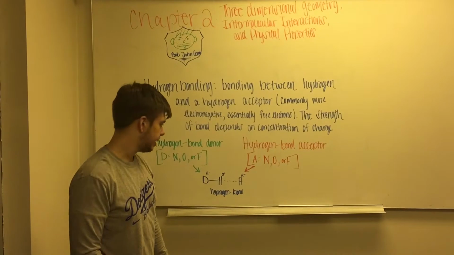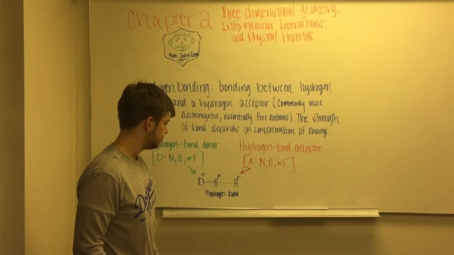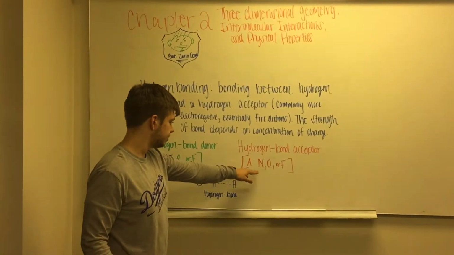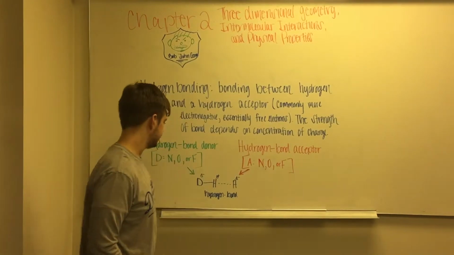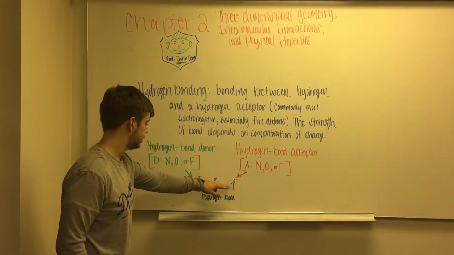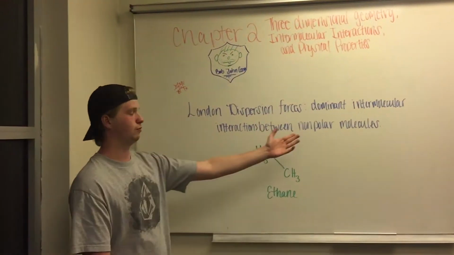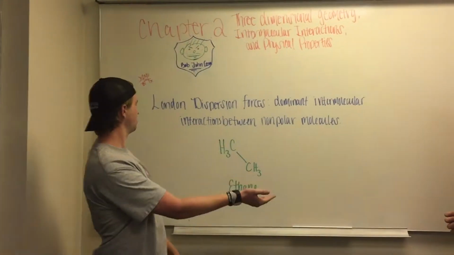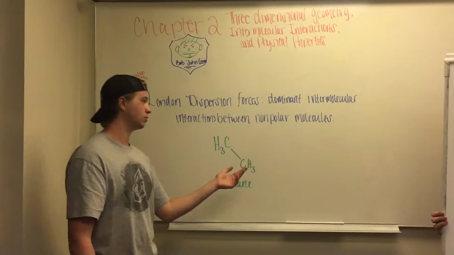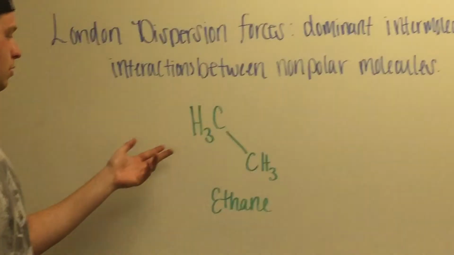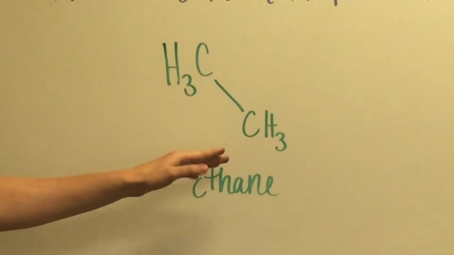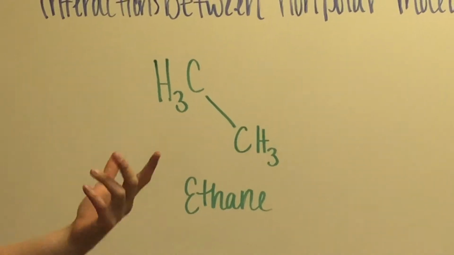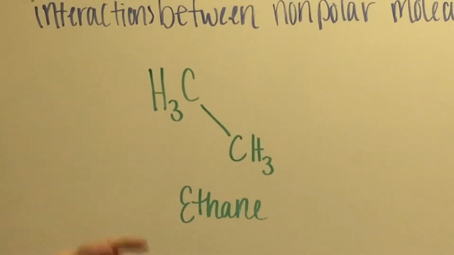And this is due to its highly electronegative nature and its ability to have a lone pair. So it forms a partial negative and a partial positive on the hydrogen. An example of intermolecular forces is London dispersion forces, which are dominant intermolecular interactions between nonpolar molecules. Our two nonpolar molecules here are the two carbon elements right here. The bond that they form will be an induced dipole, and because they're the same element, it will be nonpolar,